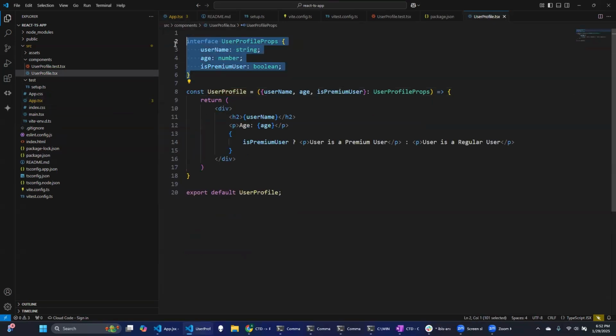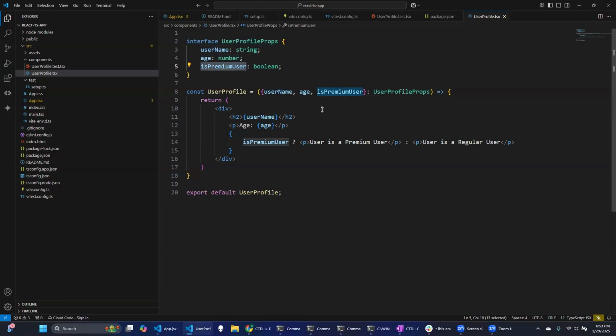Now I am able to define a proper interface, which is not just prop types. I'm telling the interface all the properties of the user interface: username is a string, age is a number, and this is another special property I added just to demonstrate,